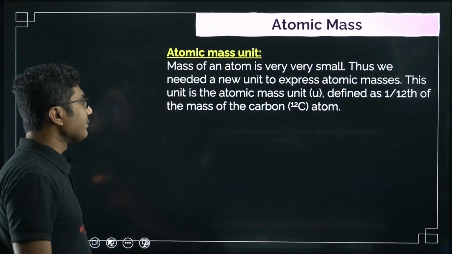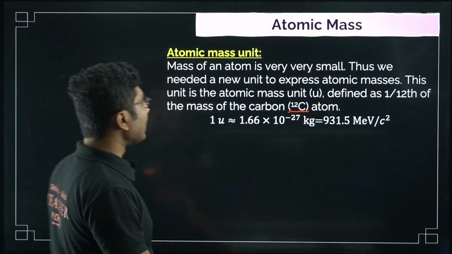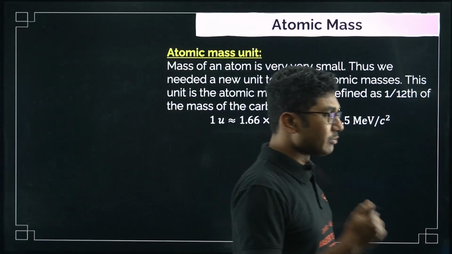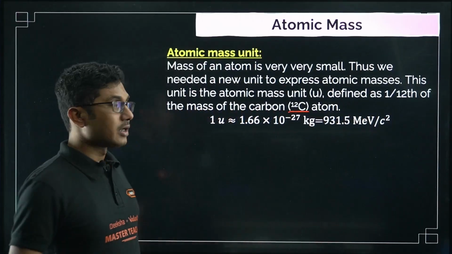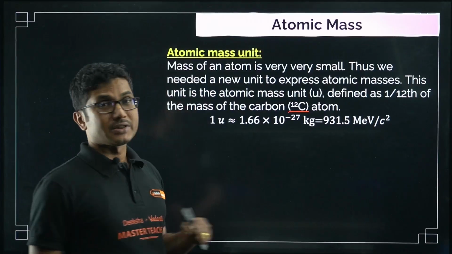The unit was defined with respect to the carbon-12 atom, and the value is given by 1 u. In old generation books it was referred to as amu, but all modern books use only u. u is for atomic mass unit.